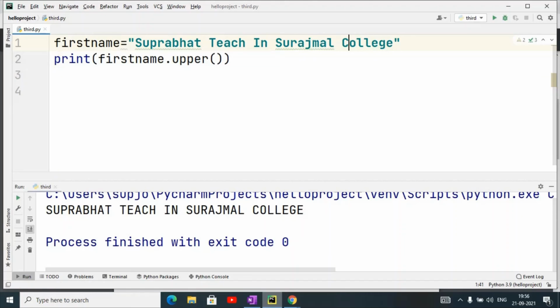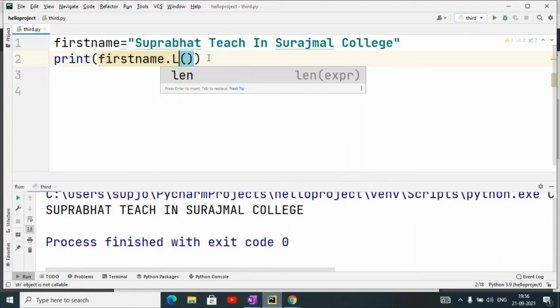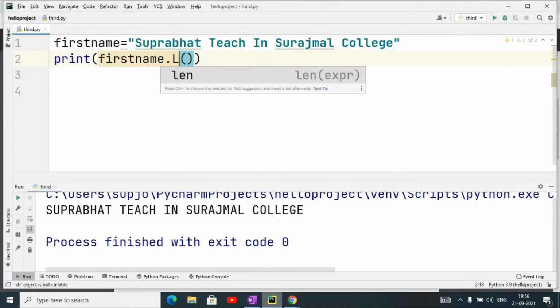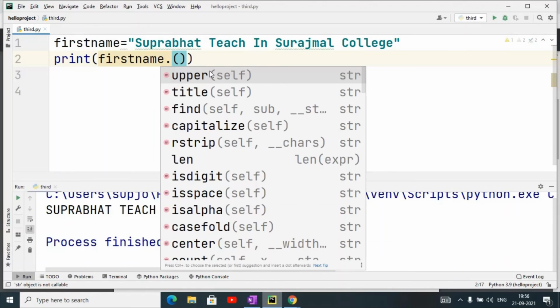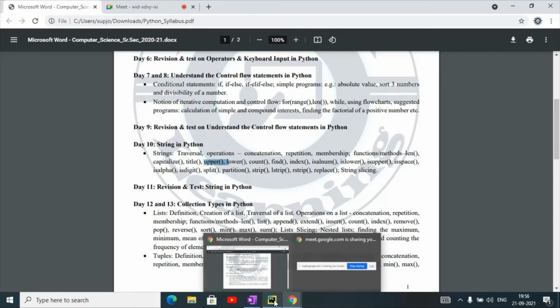So if I am using lower, this method is the lower method.